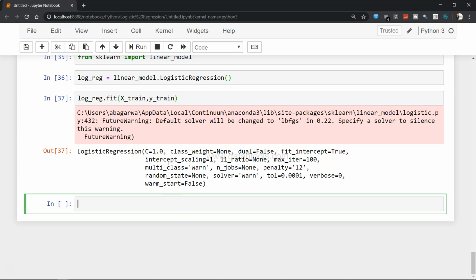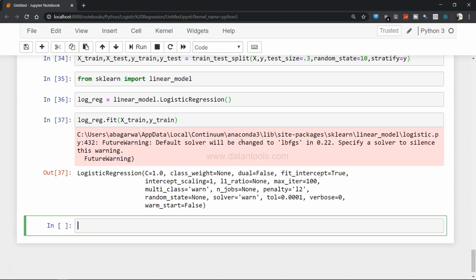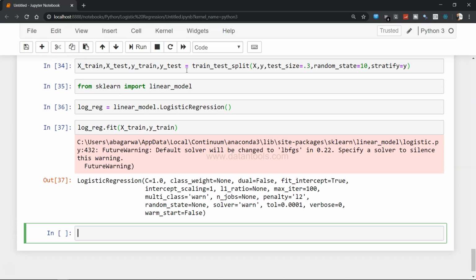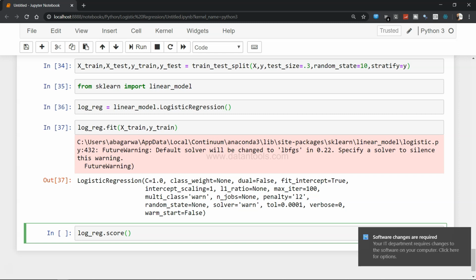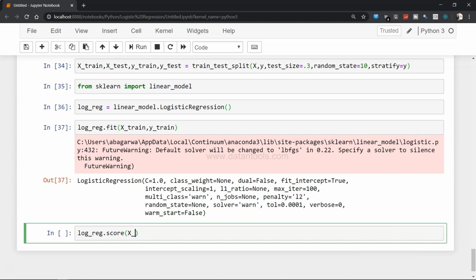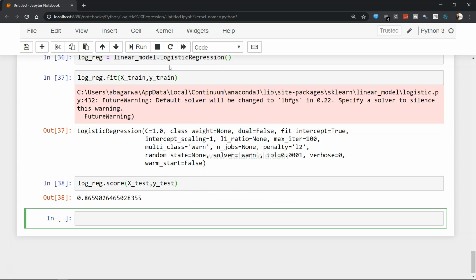All right, so once we have this, we can now check how accurate our model is based on the testing data set. So log_reg.score method will give us the accuracy score of the model, by providing the testing data: X_test, Y_test.